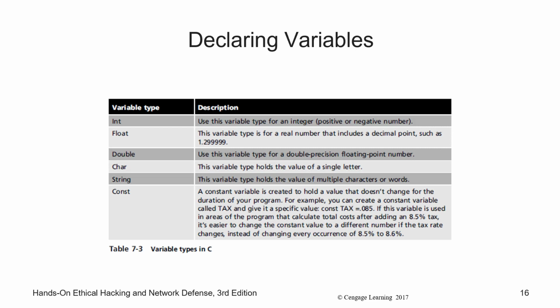Here are some variables: an integer or an int, a positive or negative number, as we talked about before. A float is a number that may or may not have a decimal point. A double has a decimal point. A character is a single character value, and depending on what's called your character set, this could be standard US ASCII, this could be UTF-8, UTF-16, so various Unicode formats. A string, what's a string? Everything is a string. This variable type holds the value of multiple characters or words, that's a string.